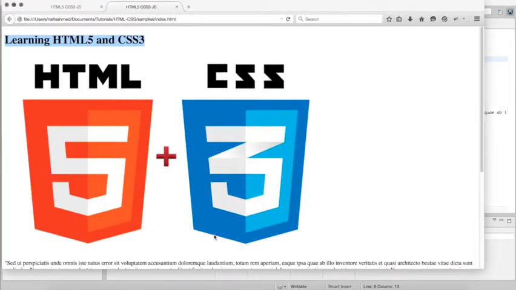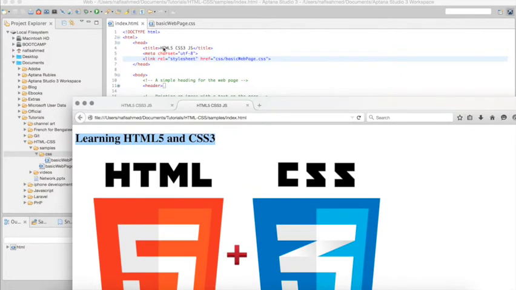The title is what you'll find on the tab. If you have opened up a tab on your web browser, you'll see that I have named my web page. This heading is inside the page, but this title is outside the page's context. It is placed on the tab. So you might have several tabs